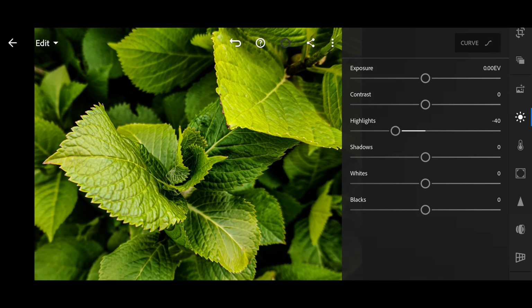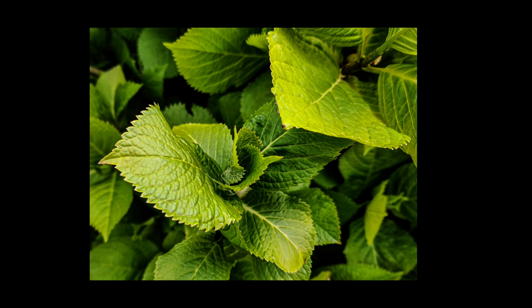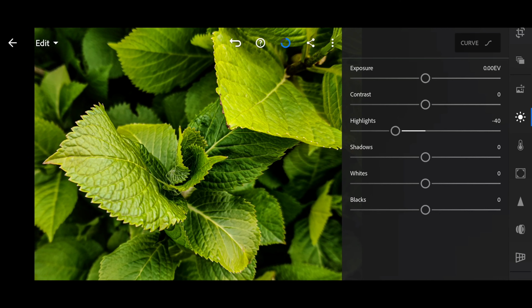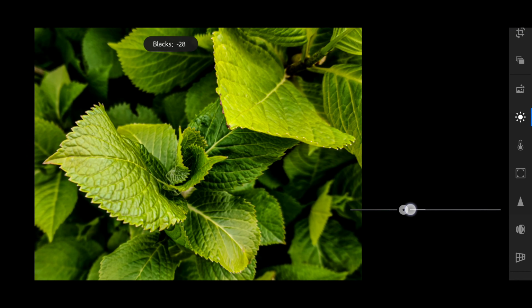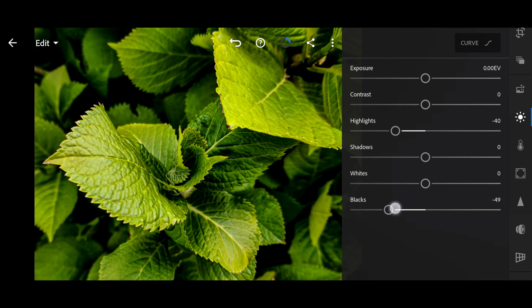Okay, so that's done. So the next thing I want to do then is kind of bring out this part of the image, so give it a kind of 3D look. And to do that, I'm going to crush out all of the blacks in the background and these leaves here. You can see we've got a nice kind of blur effect from the camera. It's done a good job with that, but I want to make it a bit more intense at the same time. So to do that, grab the blacks handle, and if you look at those shadows, they become much deeper